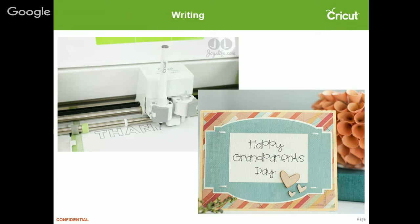Something that's fun with the writing feature is it's actually free with Cricut to use any custom font that's installed on your computer. So if you have a specific font that you love to use for your brand, you can send out materials that actually have that font written on them. So if you're doing a thank you card, you can have the machine use the same font from your logo to do that text. You can start to have that brand cohesion where everything matches, it all looks coordinated, it all looks personalized, and it's a really seamless, tight brand look,